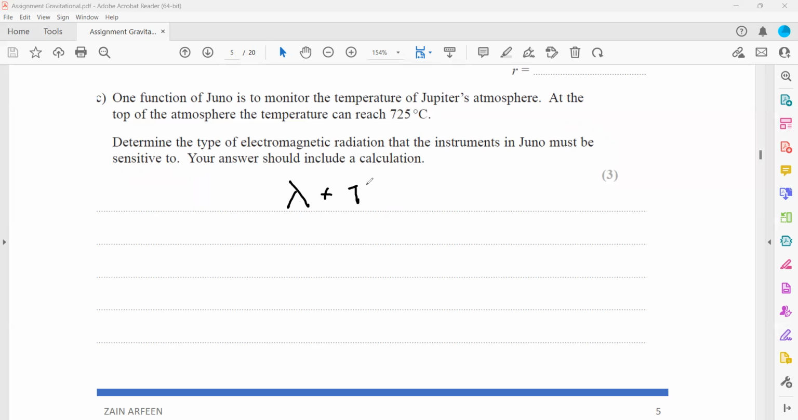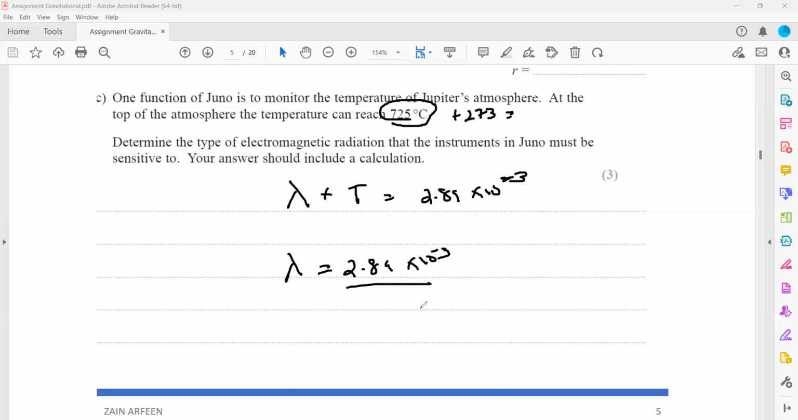So the product of lambda and temperature is equal to 2.89 into 10 power minus 3. This is Wien's law, which shows a relation between the temperature and the wavelength. But temperature should be in Kelvin, so we add 273 to this. So we convert this into Kelvin, and then we'll work out the wavelength. So the wavelength is equal to 2.89 into 10 power minus 3 divided by the temperature, which is 725 plus 273. So this will give us the wavelength,